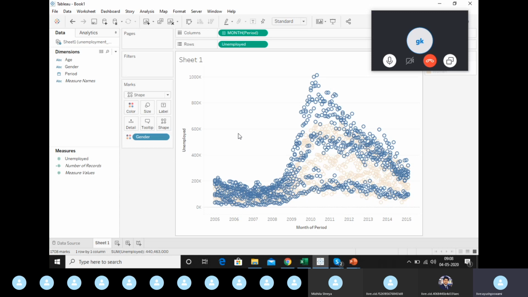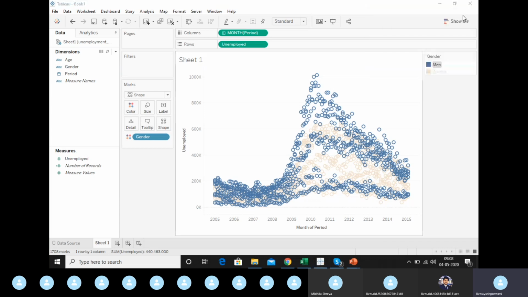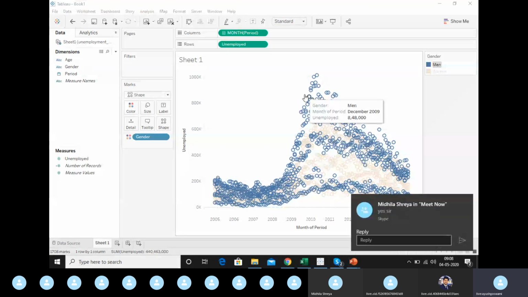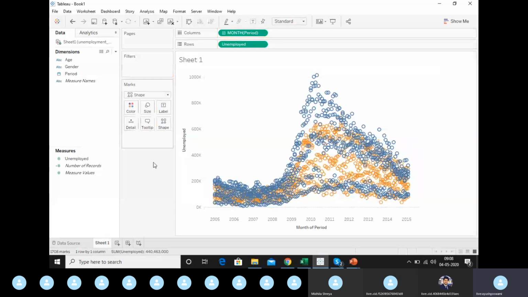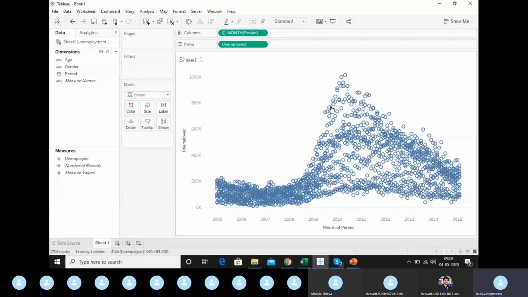Thanks, Midila. So now we will see how we highlighted it, and how we are creating an area chart over this. So this is gender here, and this kind of information is very cluttered. It's not easy on the eyes, and if you want to comprehend it, sometimes you have to point onto every data point to understand it. That is, again, a challenge for everyone.